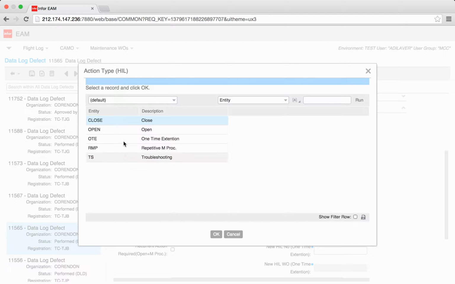And we have to select the related issue from here. Actually, after now, I can say that for all these 4 items except open, we will only fill one field, 1 or 2 fields actually. Only for one-time extension, 2 fields. For closing, RMP and troubleshooting, we will fill only 1 field. But for the open action, since there is